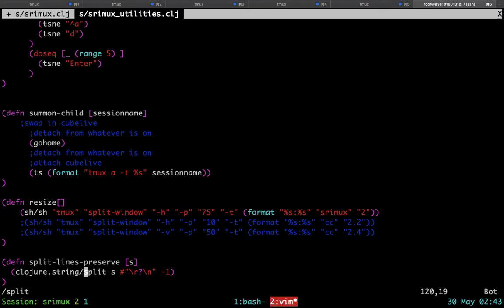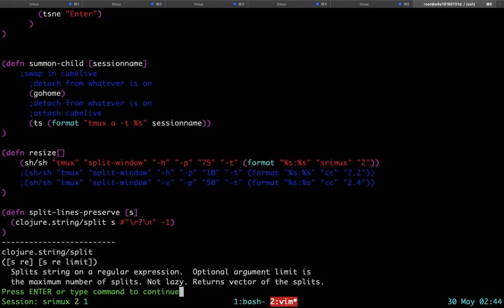So another feature of Fireplace is that if you need to get context help for Clojure commands, you can take your cursor to the function that you are interested to read up and just hit Shift K, that is capital K. So here you can quickly get a sense of what this function does. It has multiple arities. First argument is a string, and the second is a regex, and so on.